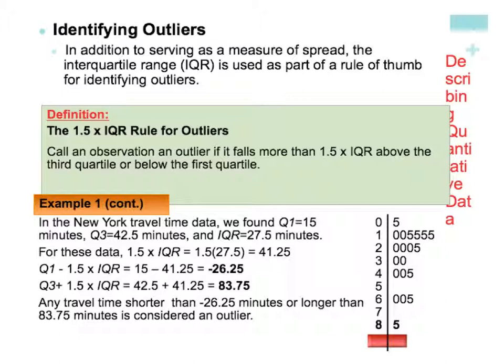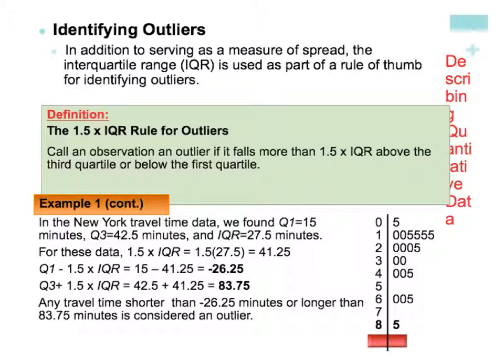So we do a multitude of things. First, we calculate that interquartile range. So we take the Q3 minus Q1. And that gives us the spread of that middle 50%. We multiply that by 1.5 to get an amount. This amount represents how far out from Q3 and Q1 we're willing to go. Because anything beyond that distance from Q3 and Q1, we're going to consider to be unusual enough to be an